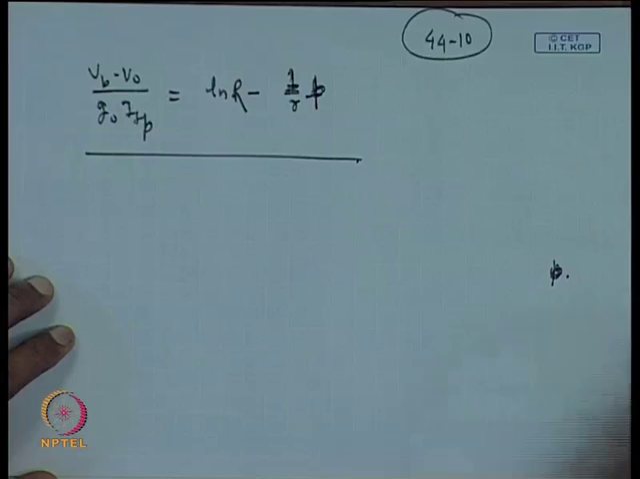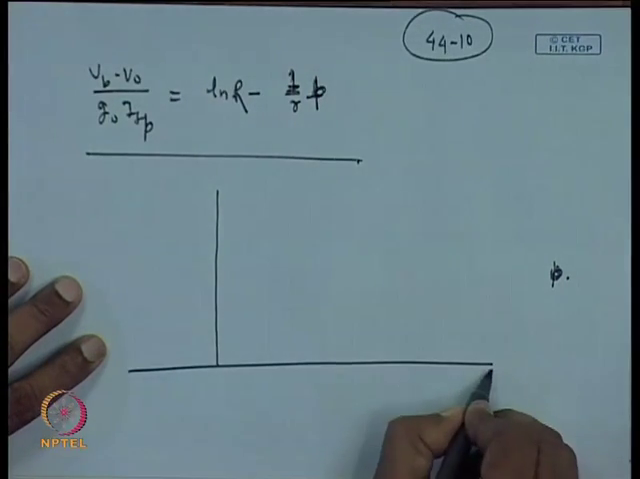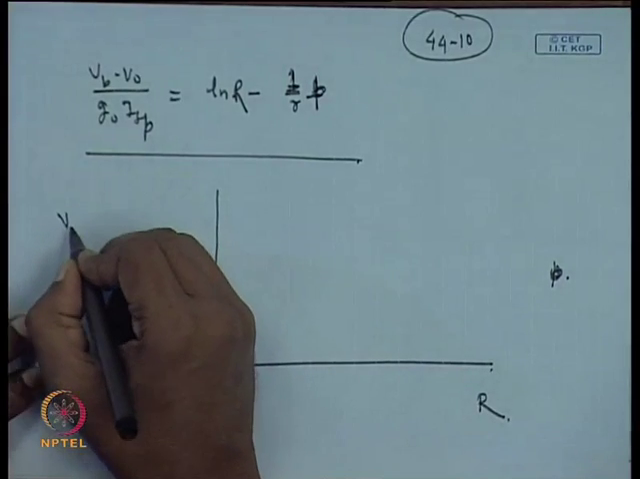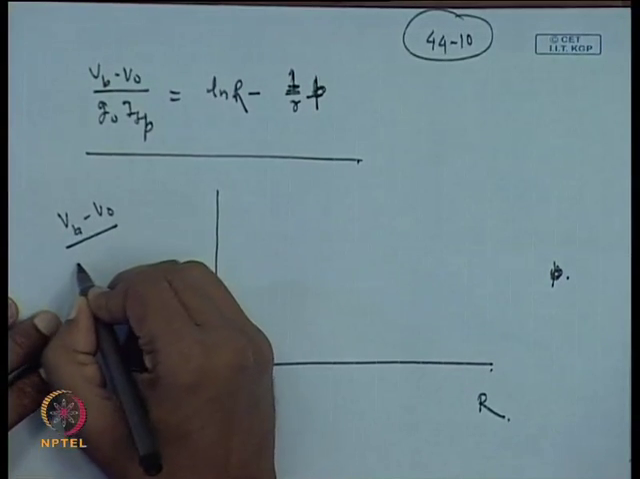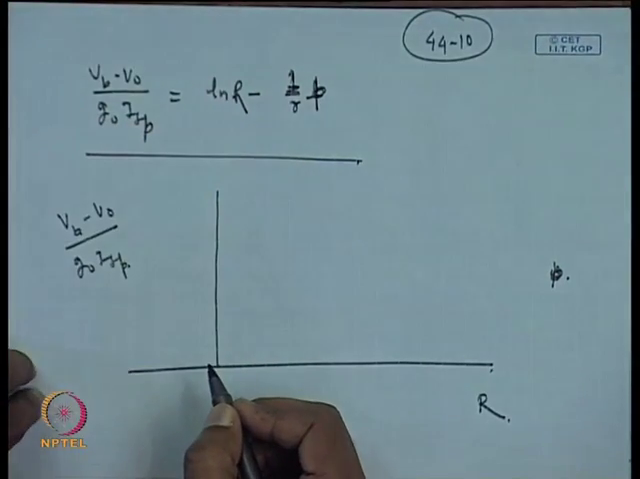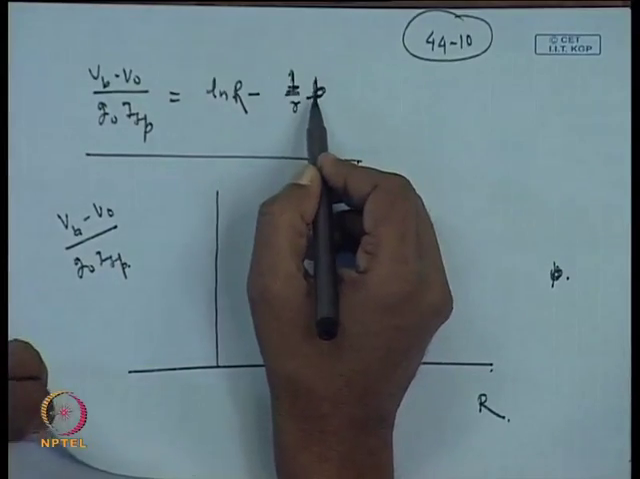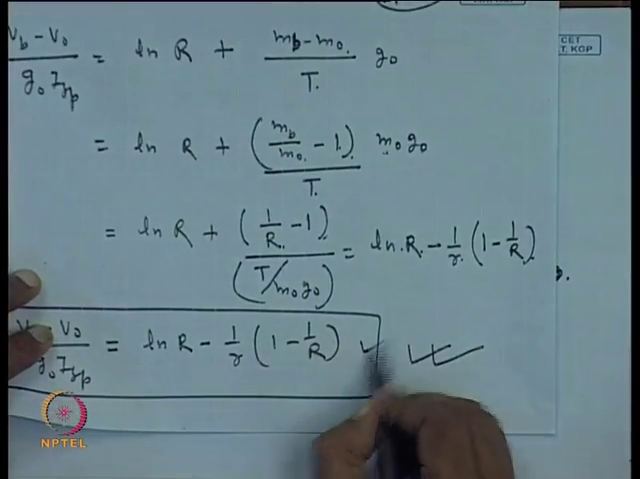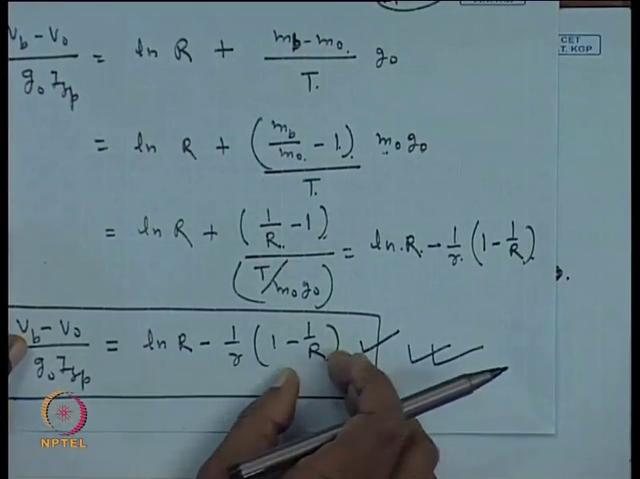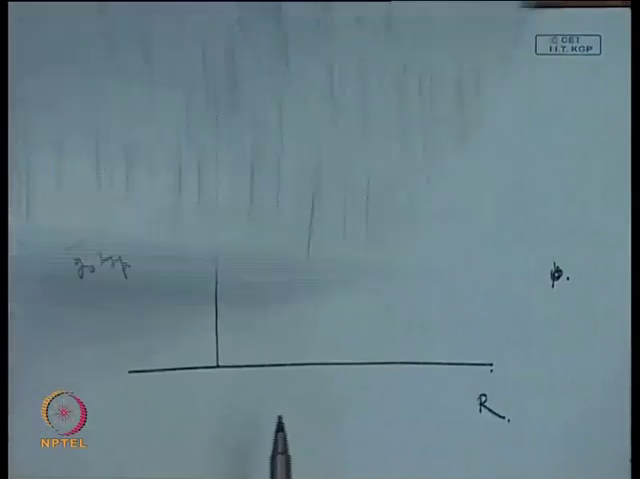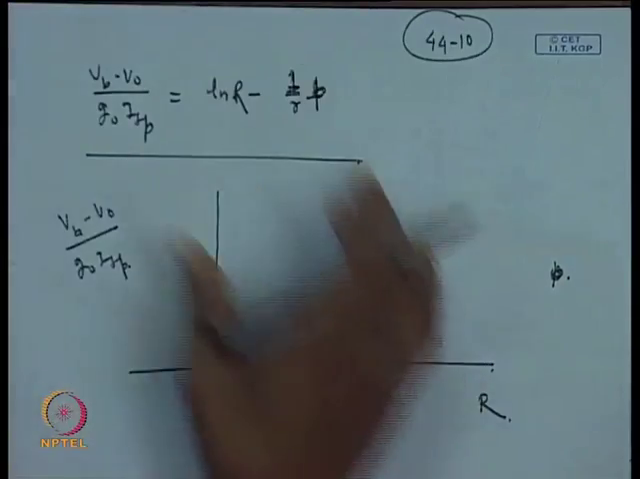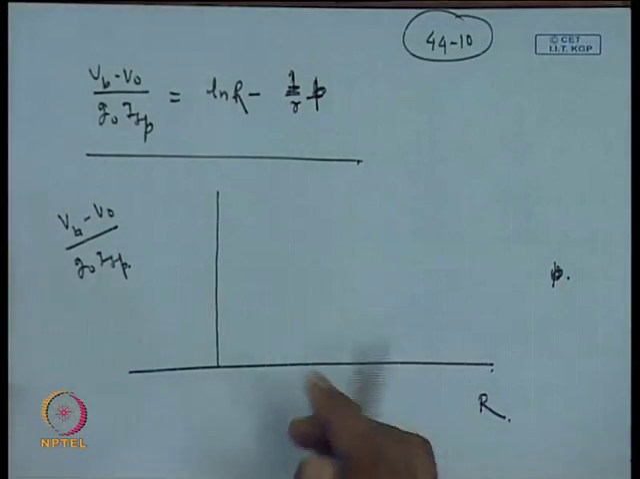Now, if we draw a plot for this by plotting r on the x axis and (Vb minus V0) divided by G0 Isp on the y axis. So, this we take as y and this as x, and this as the parameter. In this equation, basically we are trying to plot this equation. So, here minus 1 by r is appearing, multiplied by 1 by r. This is a short representation of what is given here. So, if you do the plot,